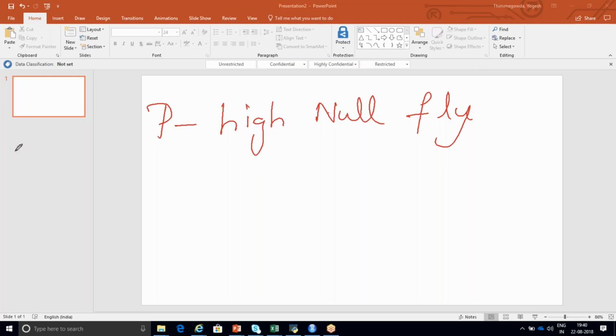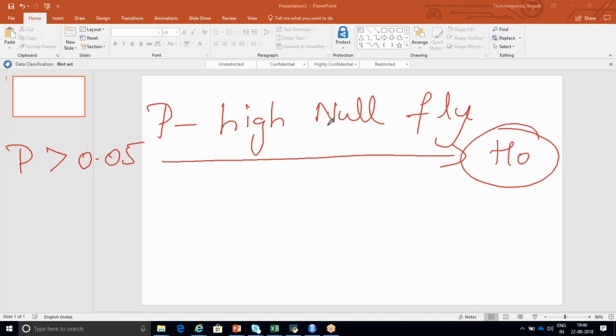P high, null fly. For example, if your p-value is greater than 0.05, you should accept your null hypothesis. Null fly means you should accept your null, means null is flying in happiness.